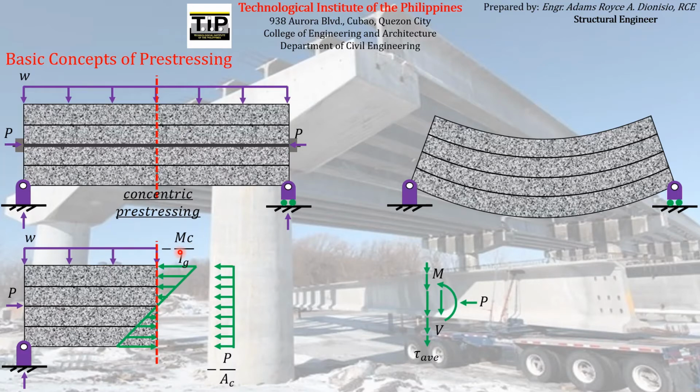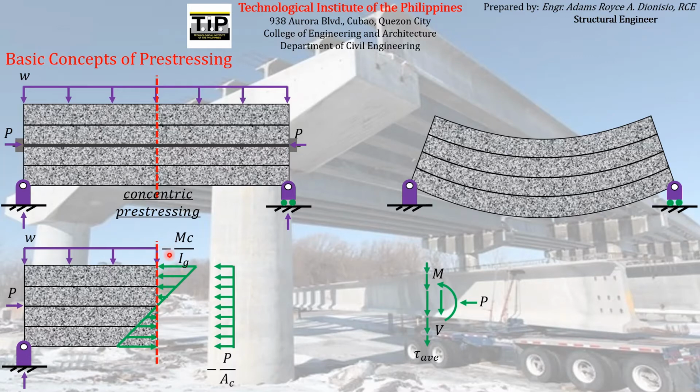We know for a fact from mechanics of deformable bodies that the flexural stress resulting from the bending moment is just equal to the product of M and c, where c is the distance from the neutral axis to the topmost fiber, divided by the gross moment of inertia of the cross-sectional area. So that is the magnitude of this particular flexural stress at the topmost fiber. I have put a negative sign because obviously, since these are compressive stresses,